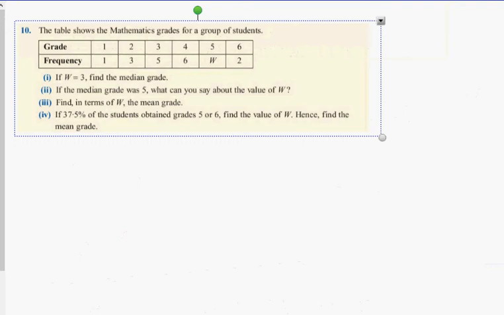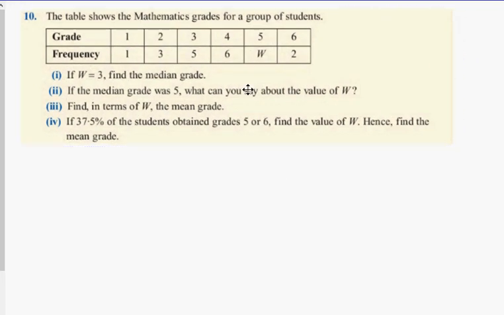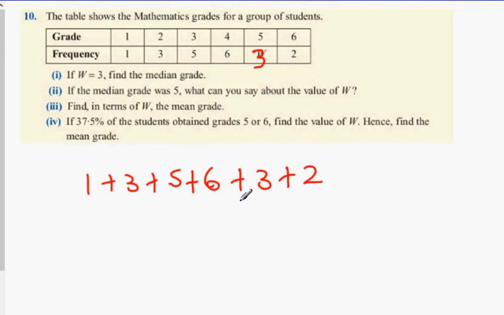Next question. The table shows the mathematical grades for a group of students. If W equals 3, find the median grades. Okay, 3. Okay, find the median grades. What you have to do is you have to find the middle people. How many students do we have in total now? Add all the frequencies together. 1 plus 3 plus 5 plus 6 plus 3 plus 2 is going to be 15 plus 5, 20 students